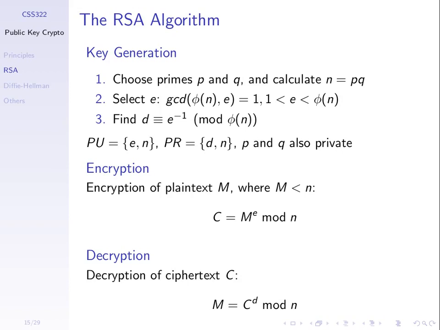If we have some message M that we treat as an integer, as long as M is less than N, then to encrypt we take M, raise it to the power of E and mod by N, and we get our ciphertext. To decrypt, we take the ciphertext raised to the power of D and mod by N, and we get the original M back. What we'll try and do today is prove that we always get the original M back,